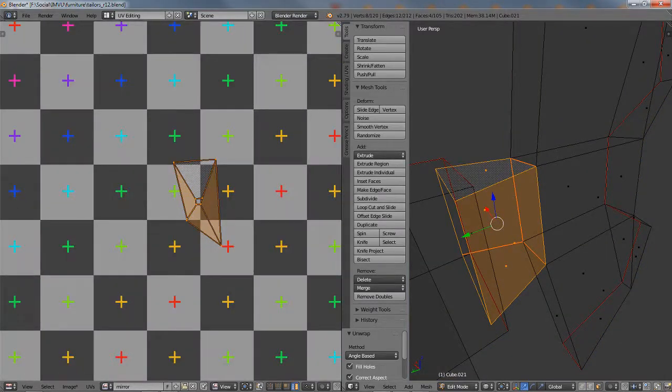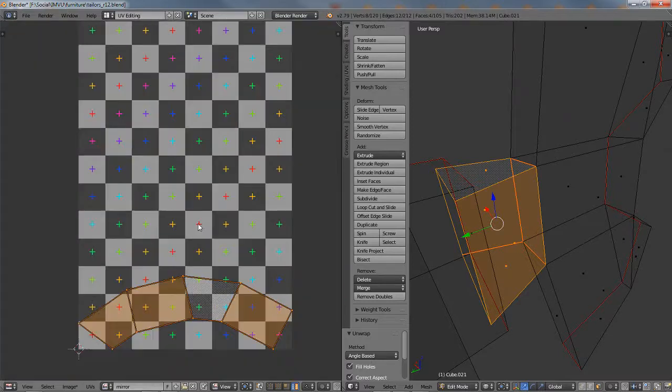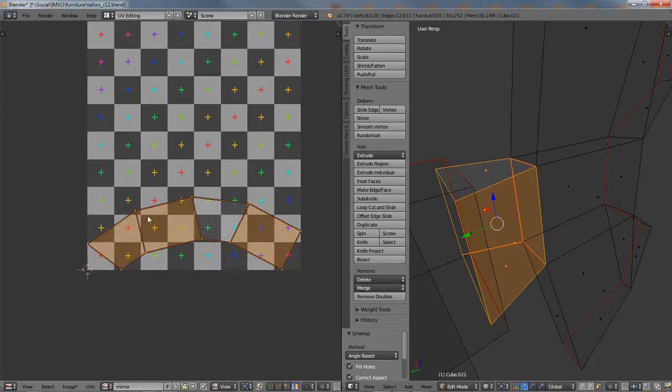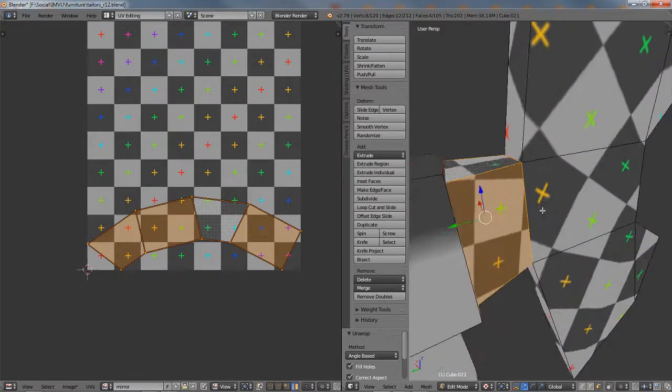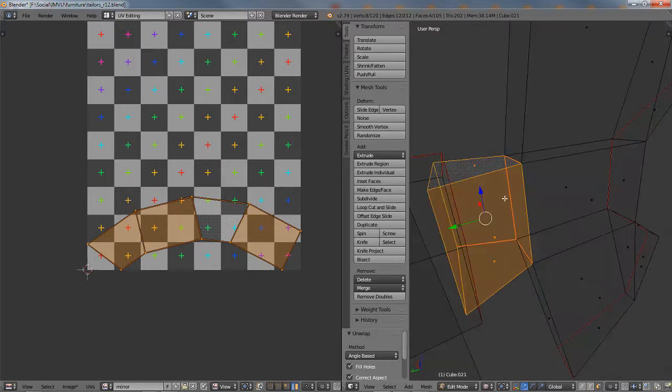So what is that doing? If I unwrap it separately, okay, it's unwrapping. So it might be a question of having to unwrap this as just a separate, smaller element of the wing nut, or doing it in a way that